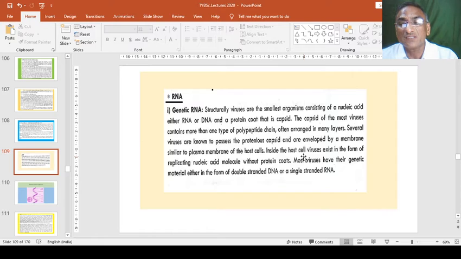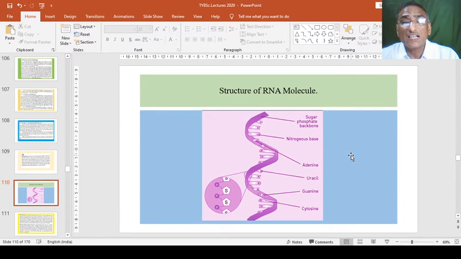Inside the host cell, viruses exist in the form of replicating nucleic acid molecules without protein coats. Most viruses have their genetic material either in the form of double-stranded DNA or single-stranded DNA. But generally, these are of single-stranded material. The structural arrangement of an RNA molecule is very simple as such,